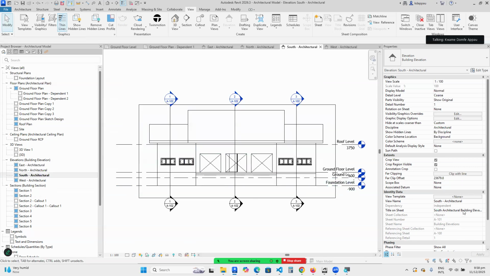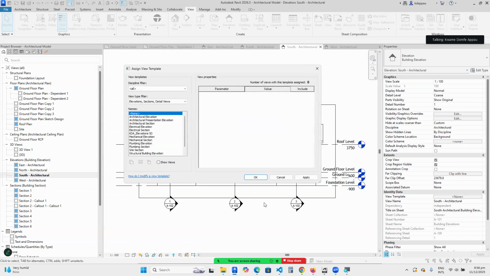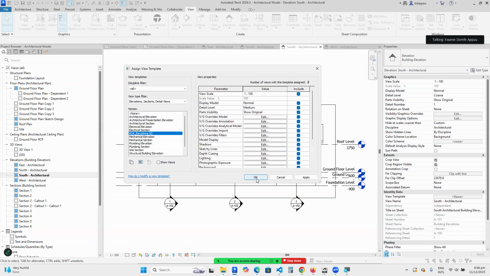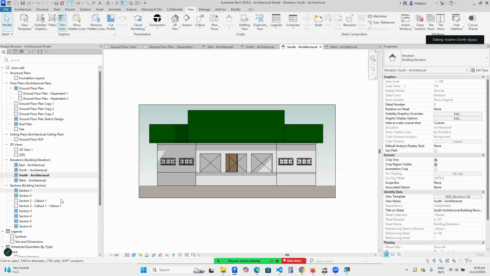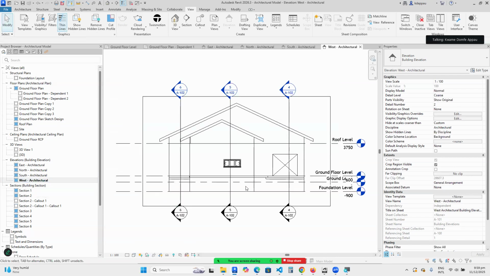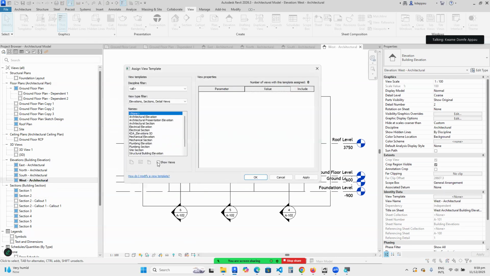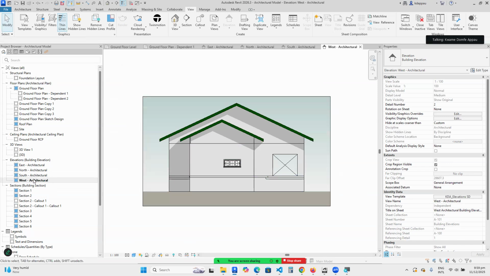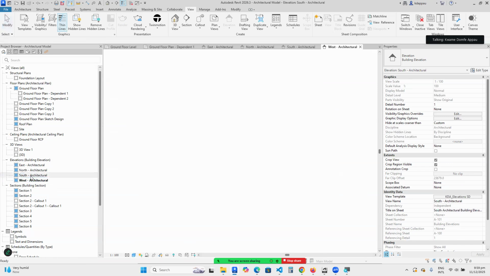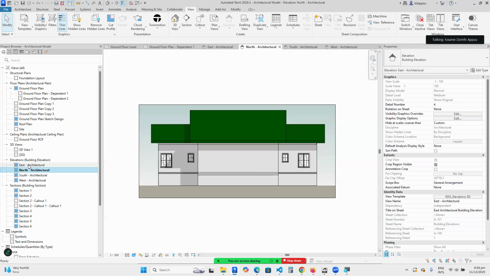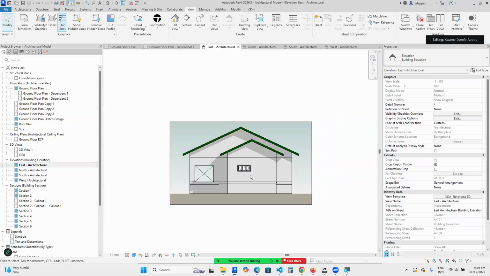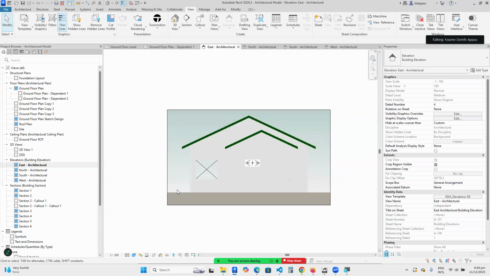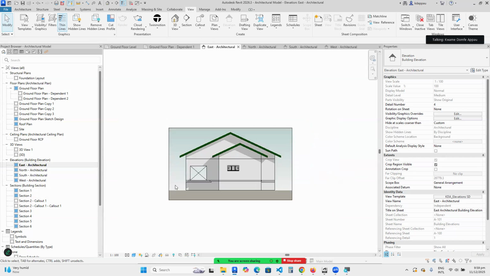South elevation, KDA elevations, SD. Bingo. West elevation, KDA elevations, SD. Then I'm done. So if you look at all the elevations, they are all looking what? The same. Now, if I want to change the background from gradient to something else,